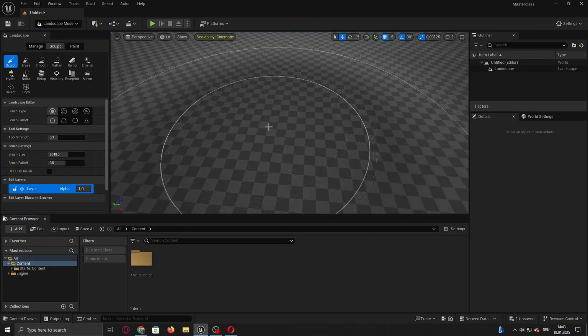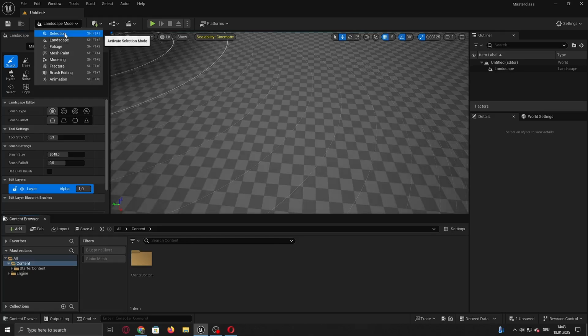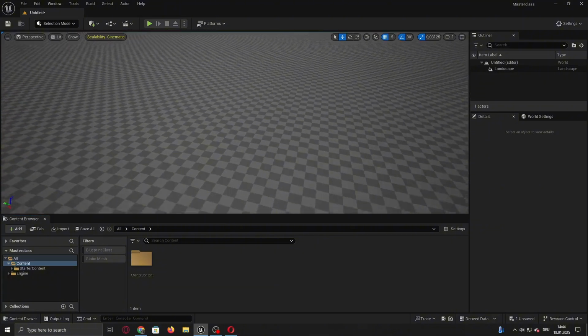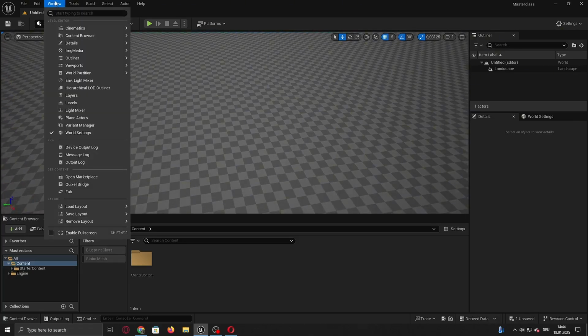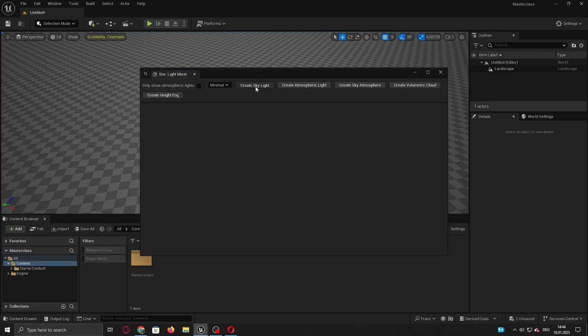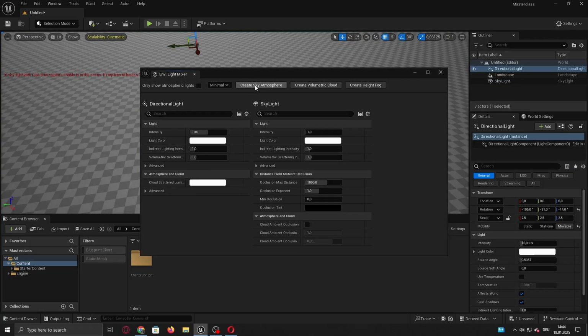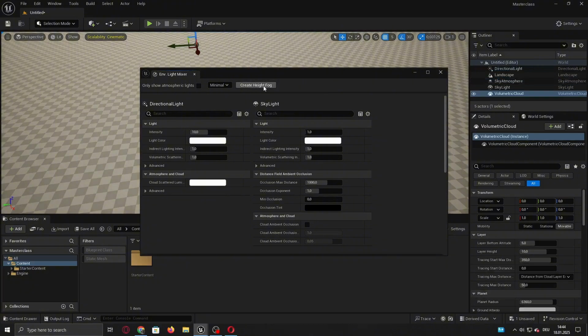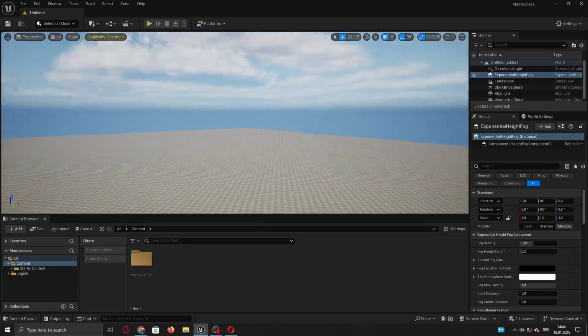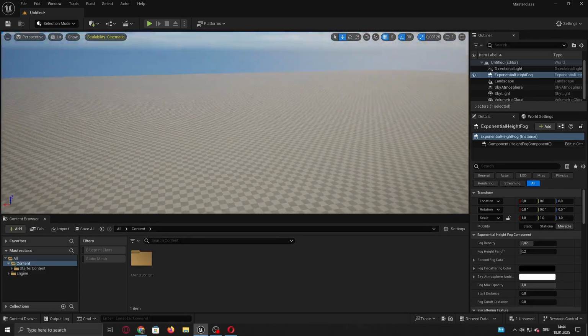Now that our landscape is created, go back to the selection mode, go to Window up here in the settings and select this light mixer. Then click Create Skylight, Create Atmospheric Light, Create Sky Atmosphere, Create Volumetric Clouds, and Create Height Fog. Now we have lights and clouds and a sky in our